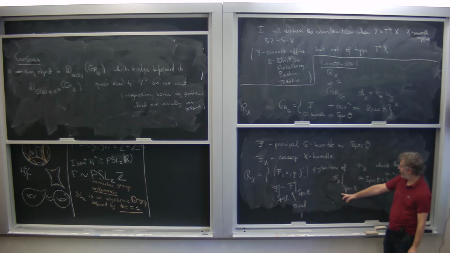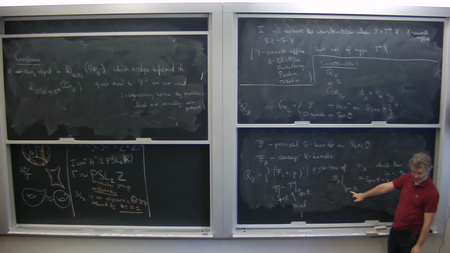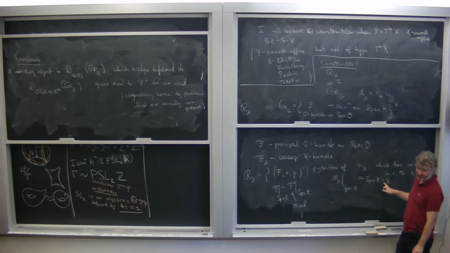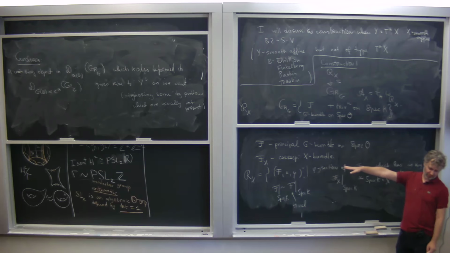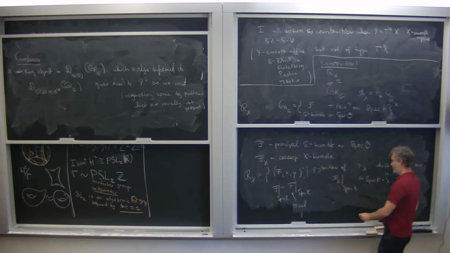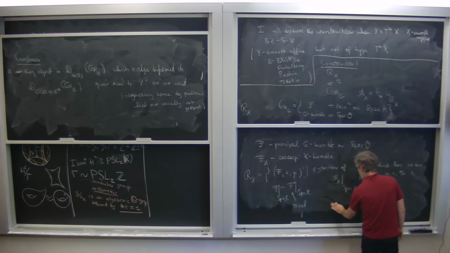And so if I have a section of phi, a section of this fx in particular, I get a section on the formal puncture disk. And on the formal puncture disk, I get a section of a trivial bundle. And I want the section of a trivial bundle to be extendable to the full disk. So it means that phi corresponds to some